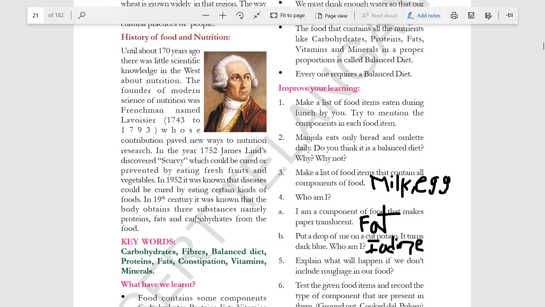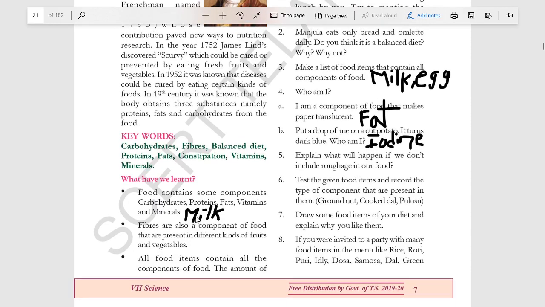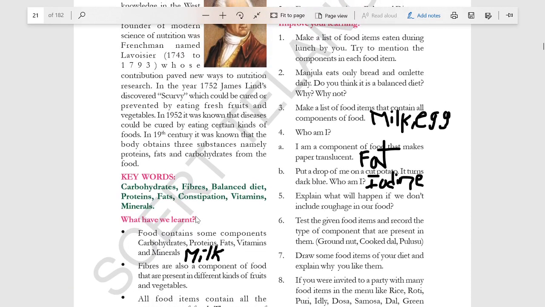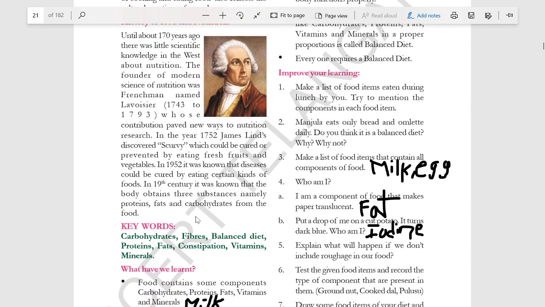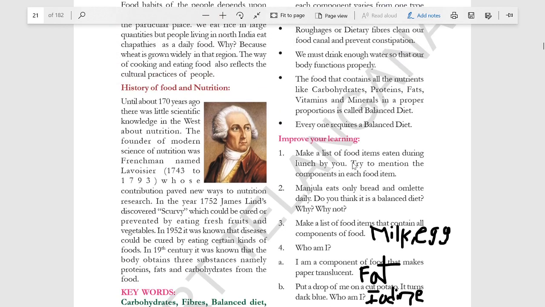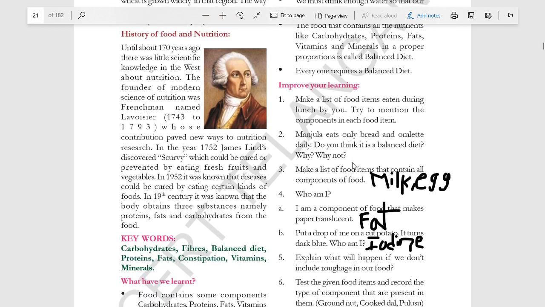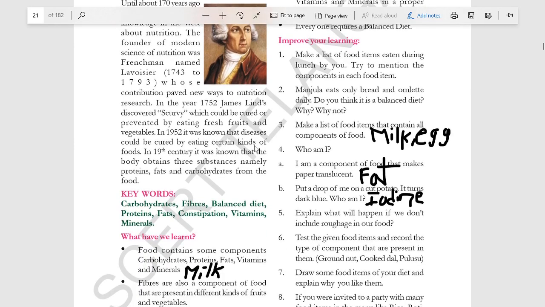There are certain diseases which develop in the human body if we don't have a sufficient amount of vitamins or minerals or proteins; we suffer from different types of diseases. So he concluded that all the components required for the body should be taken in our daily life, and which contains carbohydrates, fibers,